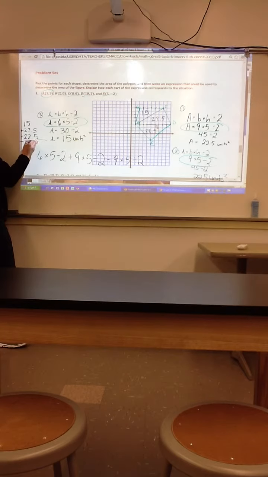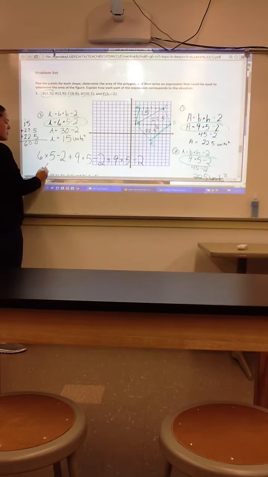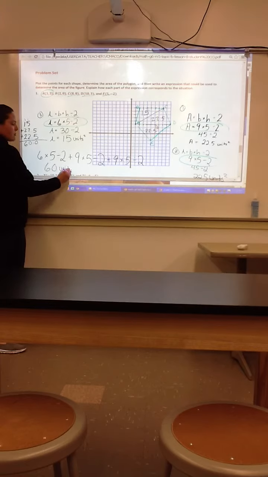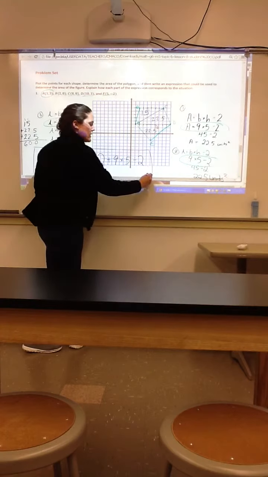Okay, 0.5 plus 0.5 is 1. 1 plus 5 is 6. 6 plus 2 is 8. 8 plus 2 is 10. 1 plus 1 is 2, plus 2 is 4, plus 2 is 6. So my total area for this pentagon is going to equal 60 units squared. And this would be my final